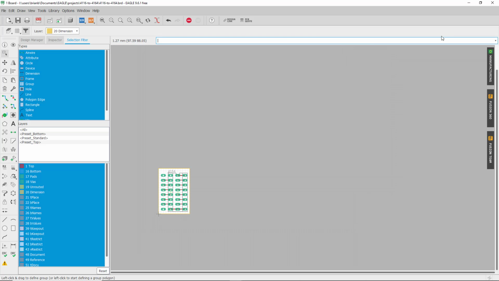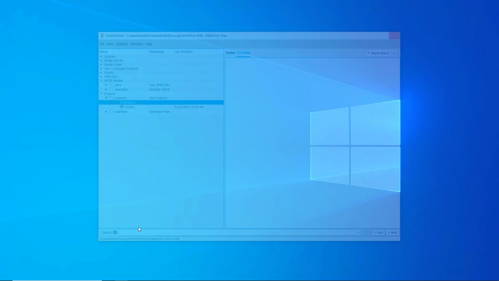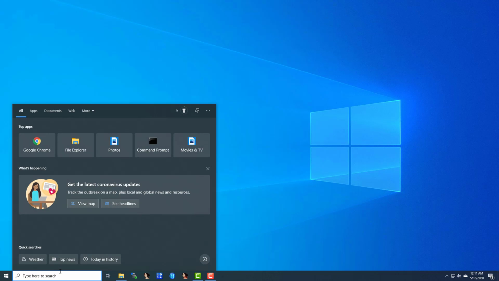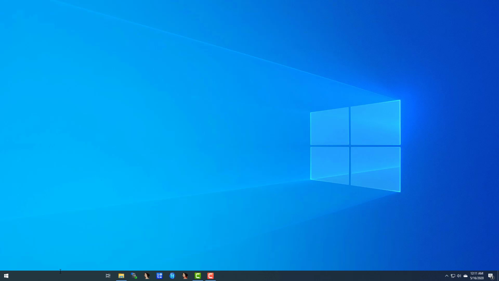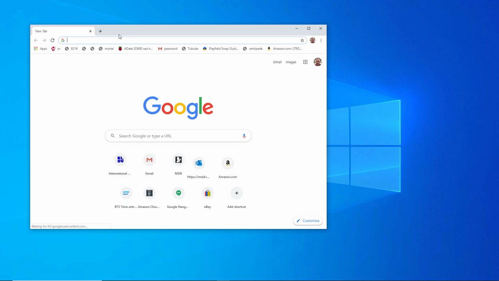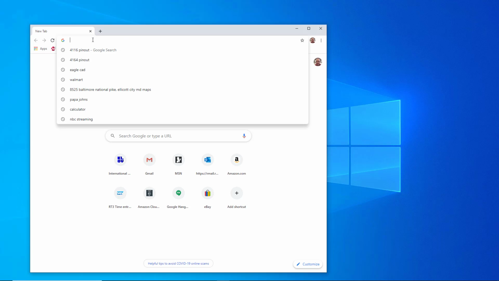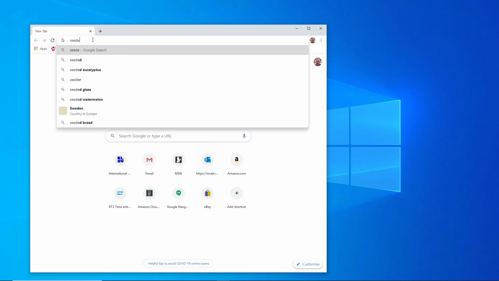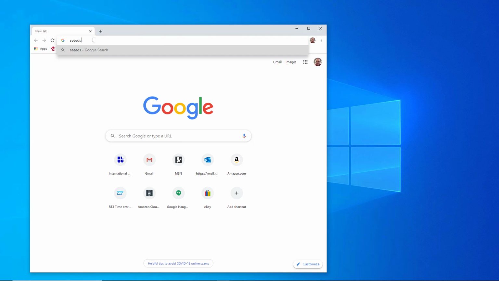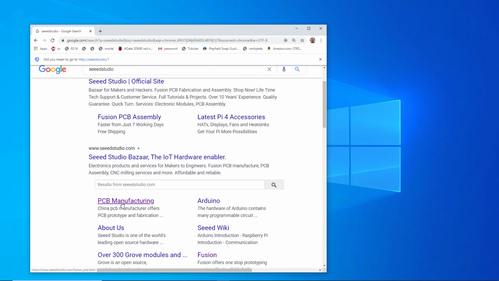and that's where I get these things made. There's also Park, which is in the United States, and it's fast, and it's pretty cheap. If you want just a prototype run, Park I like to use. So now we go to Seeed, that's three E's, Studio, and we want Fusion PCB manufacturing. So click on that,